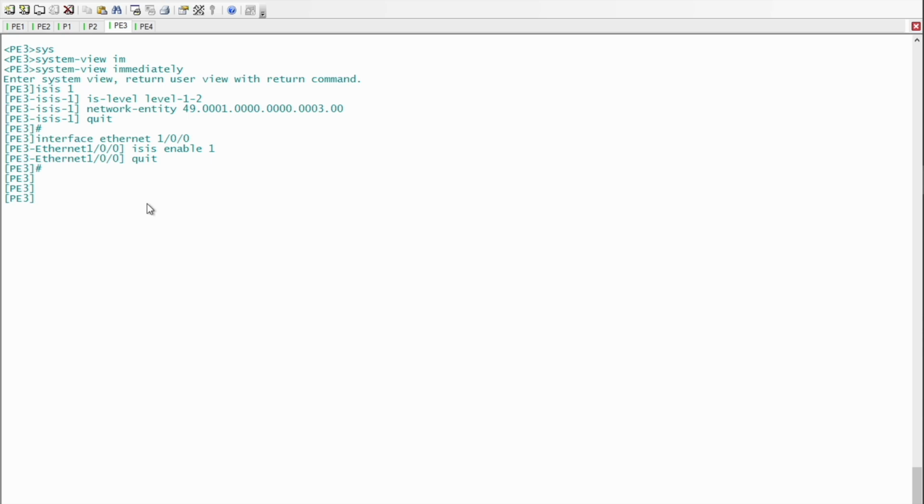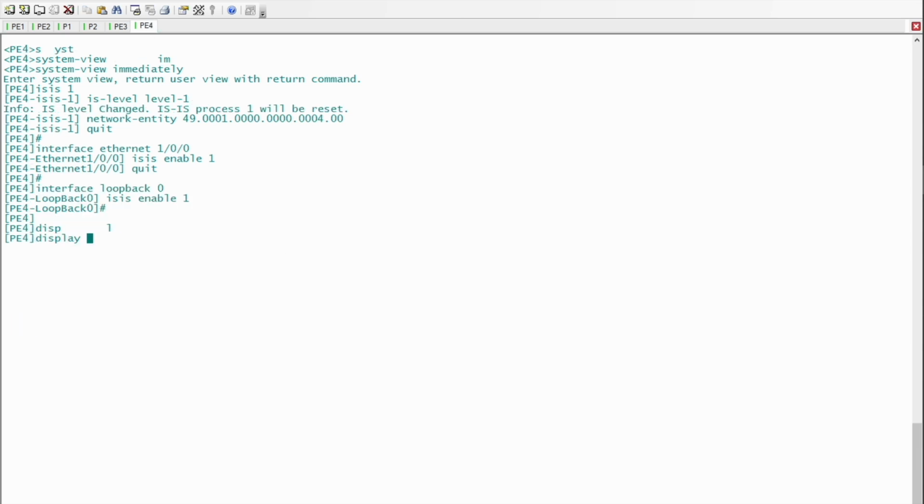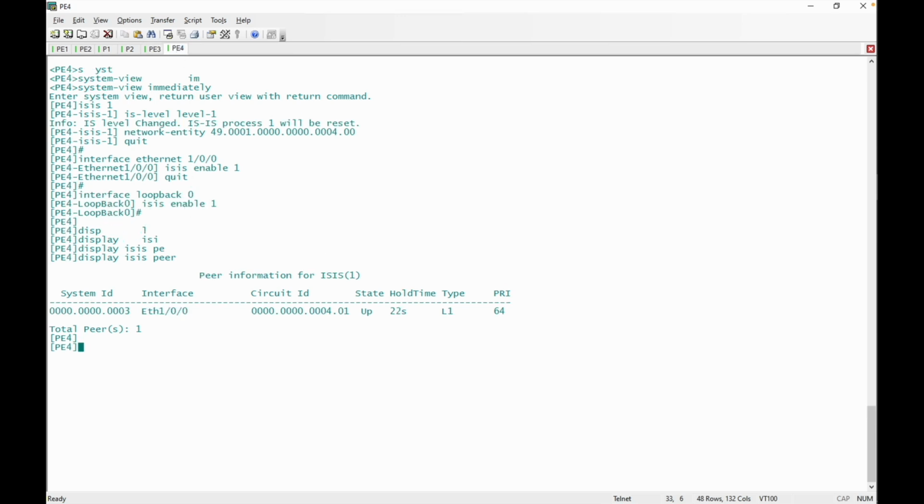Now on PE3, I'll display ISIS peer to check that the ISIS peering is established, and I can receive the peer. This peer is system ID for PE4 and on interface Ethernet 100. We can use same on PE4, display ISIS peer, and we can receive PE3 on interface Ethernet 100 on PE4, and we can use command display ISIS route,